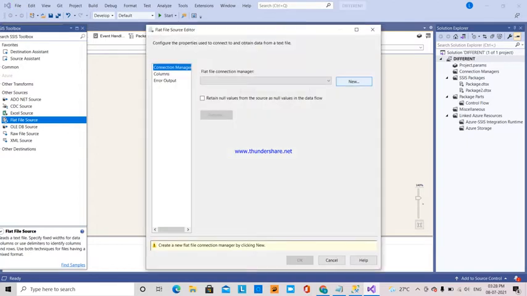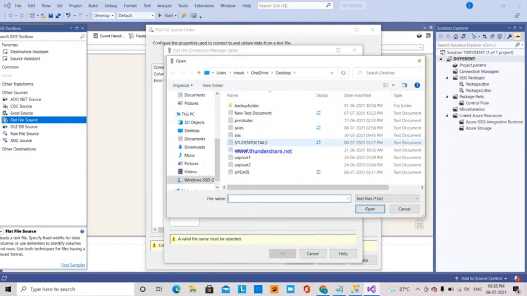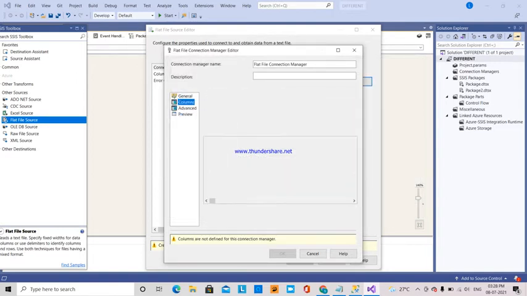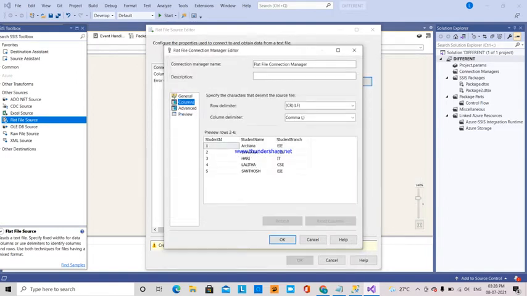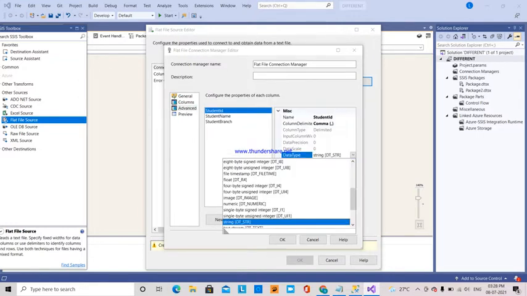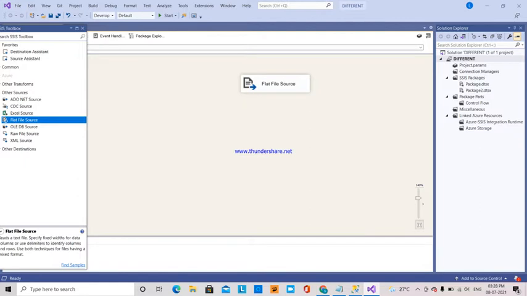Double click on it, then create a new flat file connection manager. Browse, this one is student details. Open. Here my columns are there: student ID, student name, student branch. In Advanced, we can see student ID is a string, so I am converting it into a four-byte integer. Okay, hit OK. Our flat file source is done.